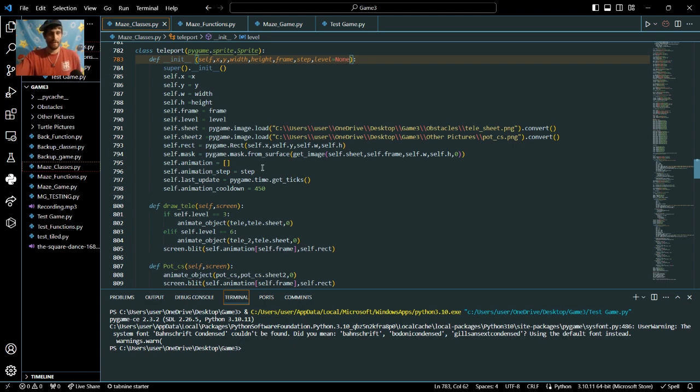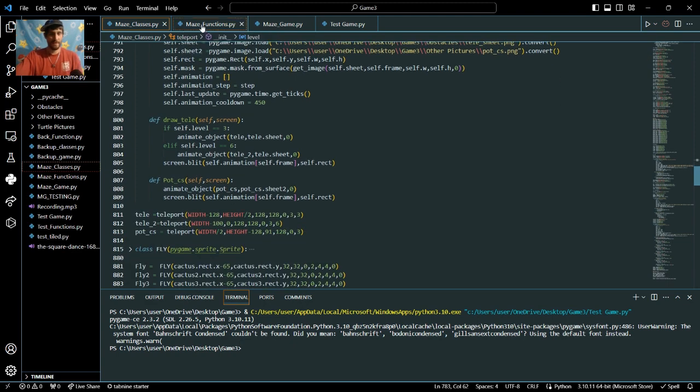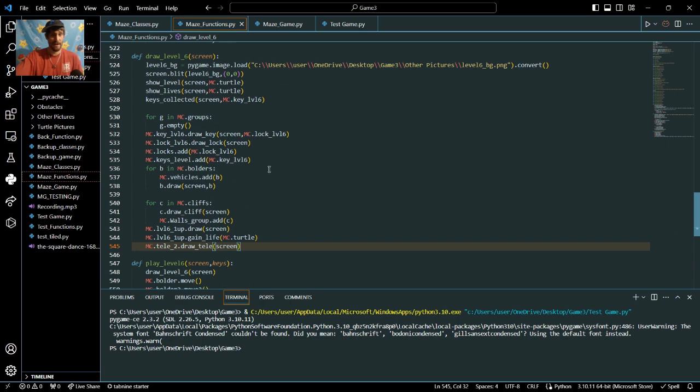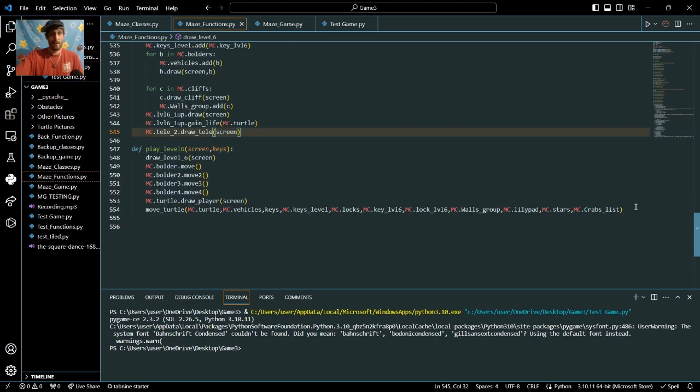So maybe in another time, we'll go back and fix the size and everything of that. So for now, that'll be fine. Not going to necessarily put collision on the outsides of the teleporter anyways. So on our play level, we are going to go